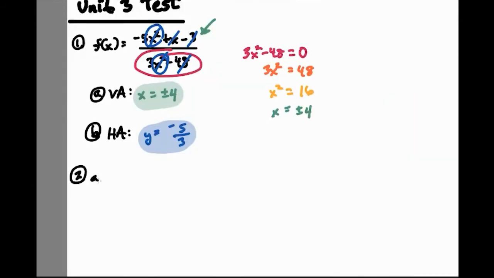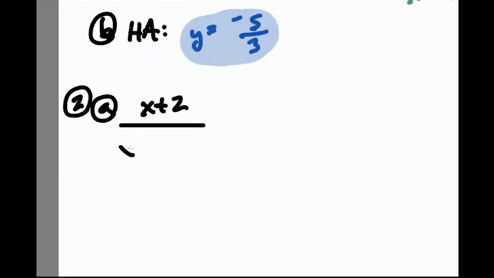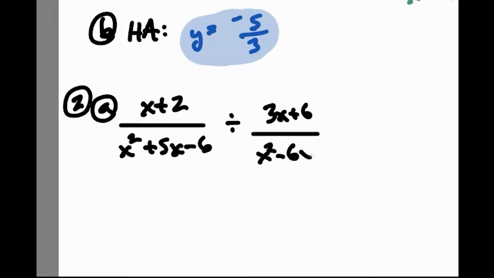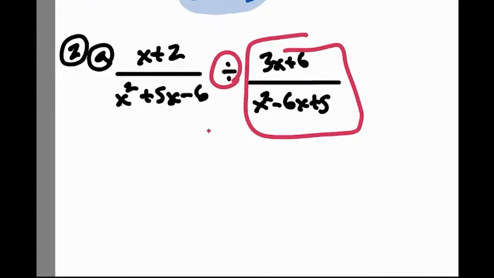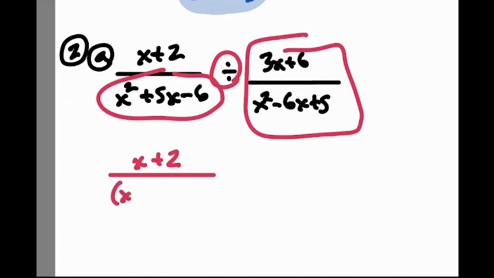Okay, so number 2, x plus 2 over x squared plus 5x minus 6 divided by 3x plus 6 over all this. Okay, first thing I'm going to do is change this and flip this so it's just multiply. And then while I'm doing that, I'm also going to factor everything that I can factor. So x plus 2 is already factored. But now I'm going to factor this thing right here. And you end up with x plus 6 and x minus 1